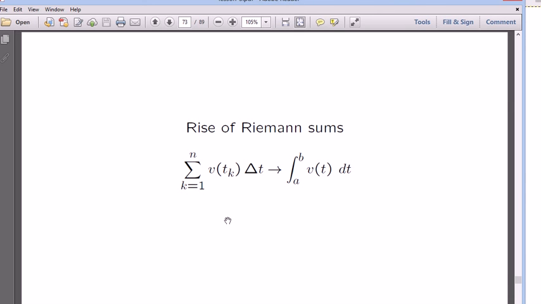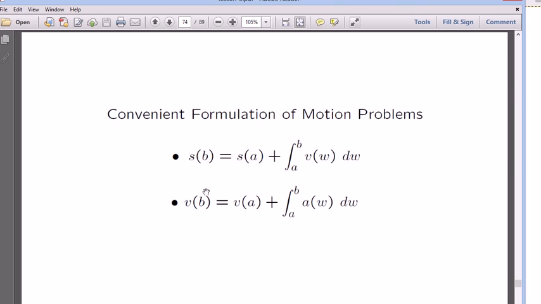That's the physical analysis. It looks like a Riemann sum, all in terms of tk multiplied by the tiny interval delta tk. So the finite Riemann sum symbol becomes the stretched integral symbol from A to B. v(tk) becomes v(t). This delta t changes to the symbol dt, right? And you know how to calculate this using the fundamental theorem of calculus, part 2. So that analysis of physics enters area underneath the curve because this happened to be the Riemann sum. All right, so that's how it typically goes. And I'd like to introduce